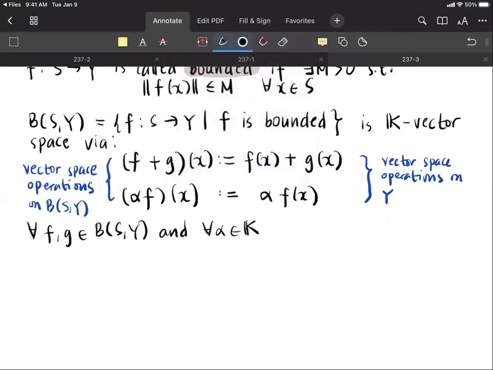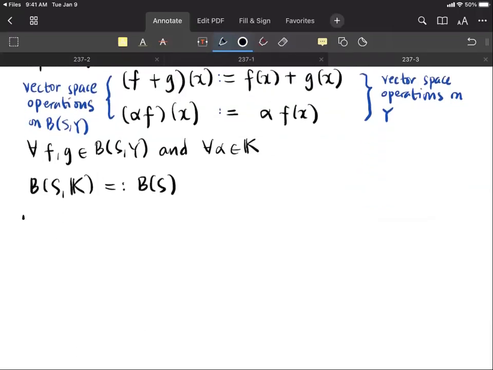If the image is the field K, then we just denote this simply by B of S. So it's either a real valued or a complex valued function. The first theorem is that this is a Banach space if the image is also a Banach space. So let's say I have a Banach space Y. Then this is also a Banach space